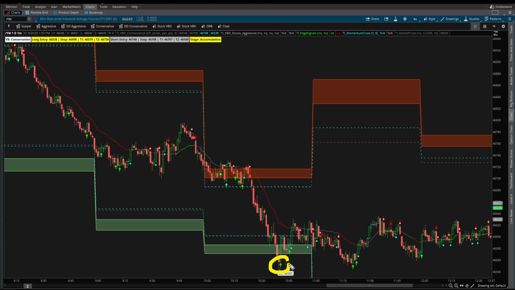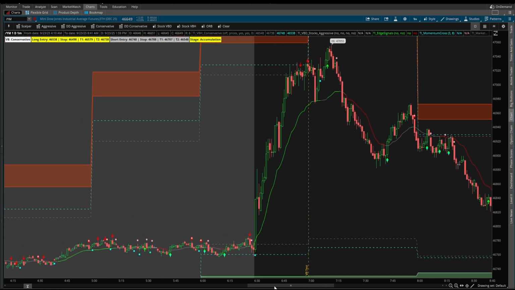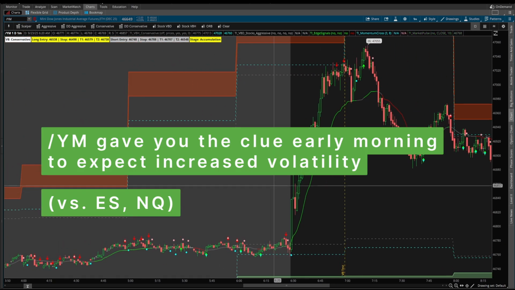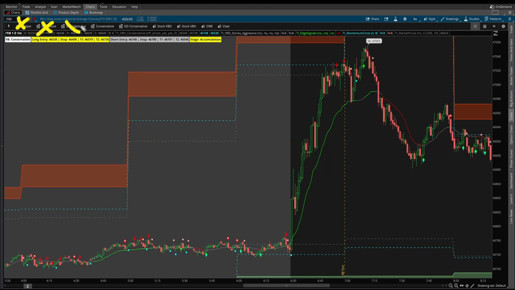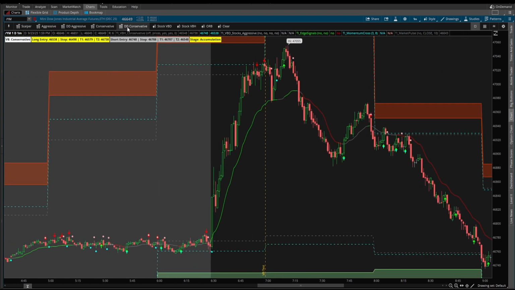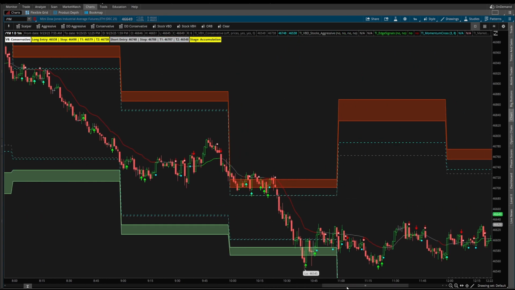And this happens before we even see the edge signals confirmation. So that's our very clear clue that the Dow, which again, if you remember, starting off in the first 30 minutes signaled to us that you should expect high volatility, having broken outside of its scalper, its aggressive, and its doomsday aggressive. We were on the conservative, now has officially broken outside of the conservative, and that takes us finally to our